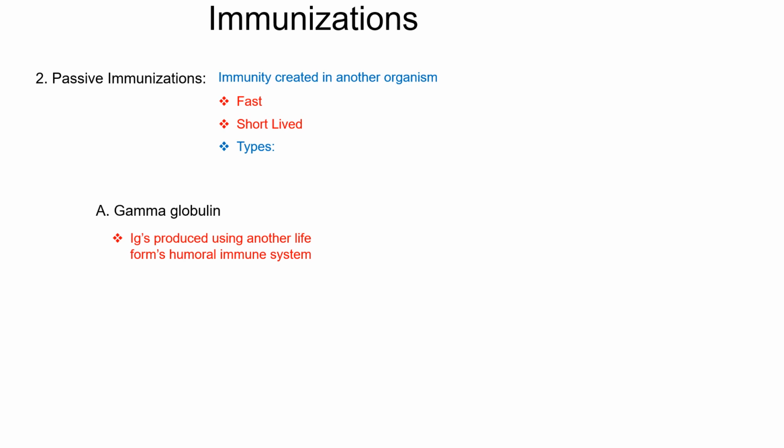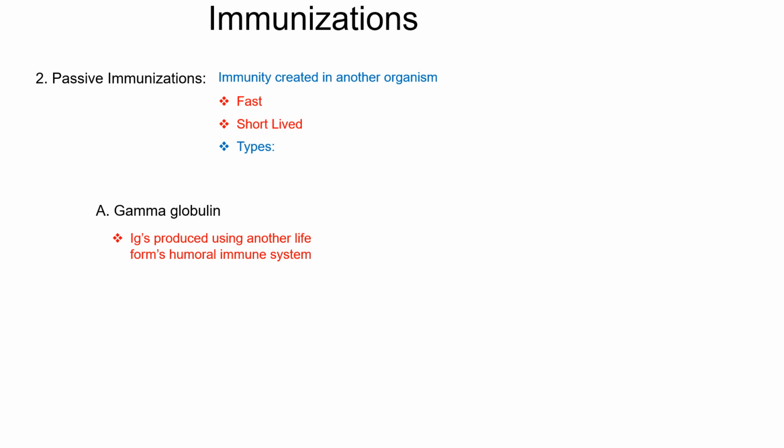Now, when the etiological agents are put into horses, cows, and sometimes pigs, remember, the immune systems are the same as ours because we're all mammals. Now, these etiological agents may kill those animals, but before it does, their immune system will start to produce protein. Since they were injected, those antibodies will be IgG produced in the bloodstream. What we do now is to remove the blood of those animals.